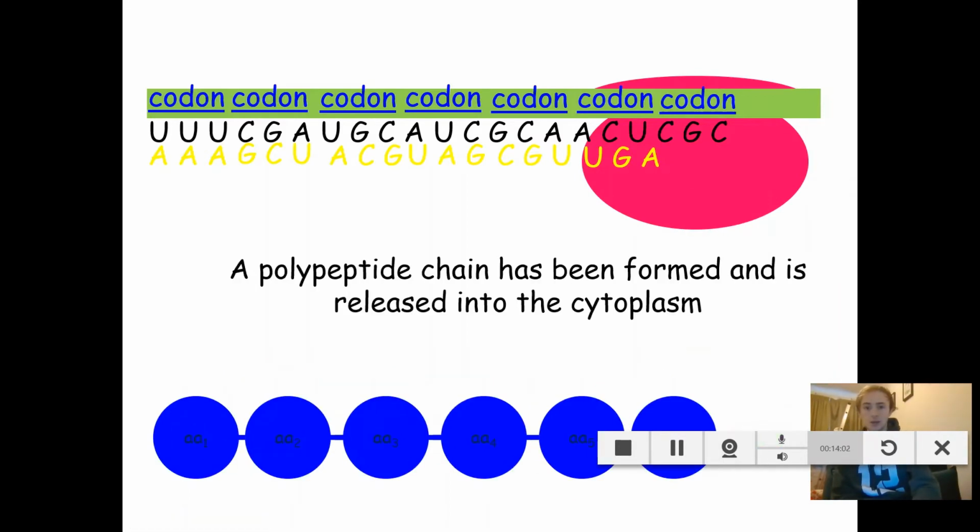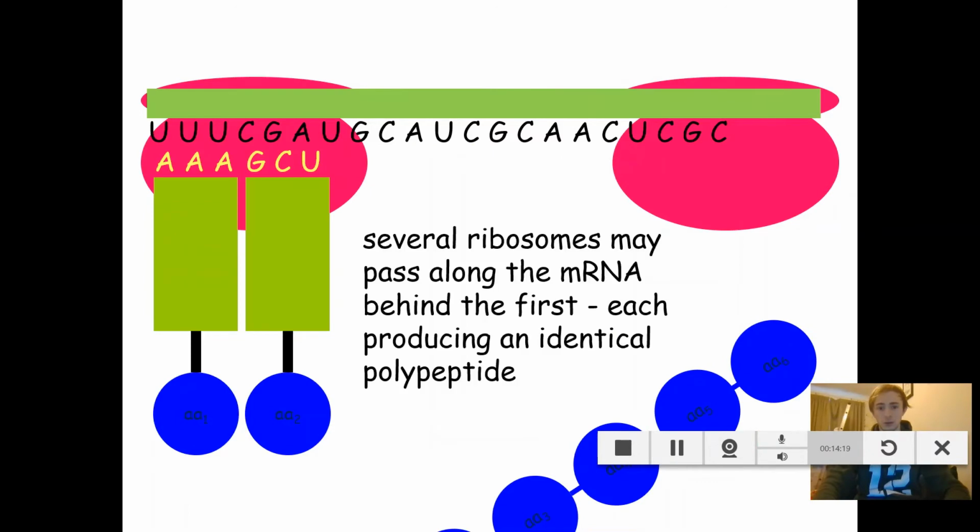And then we have a polypeptide chain that's formed. What's going to then happen is it's going to float off into the cytoplasm, where it's going to be folded into the correct shape by various enzymes, which give it its tertiary structure. Now, a key point here is that several ribosomes can pass along the mRNA at the same time. A series of cars going along a road. So what you can create is multiple, hundreds if you want, of the same polypeptide, off of one mRNA chain. Now, that's one strength of this system.